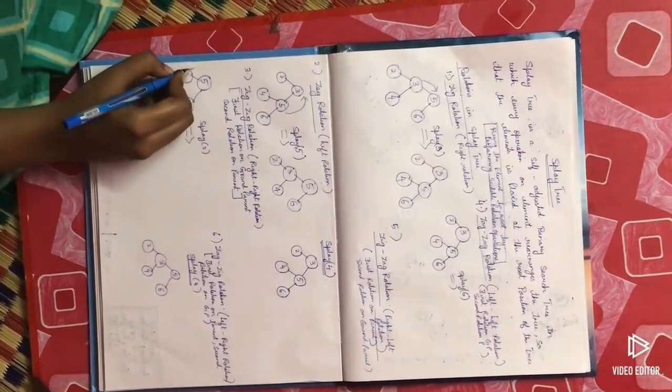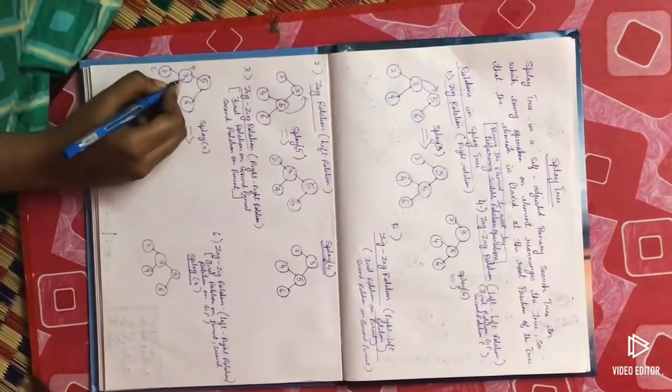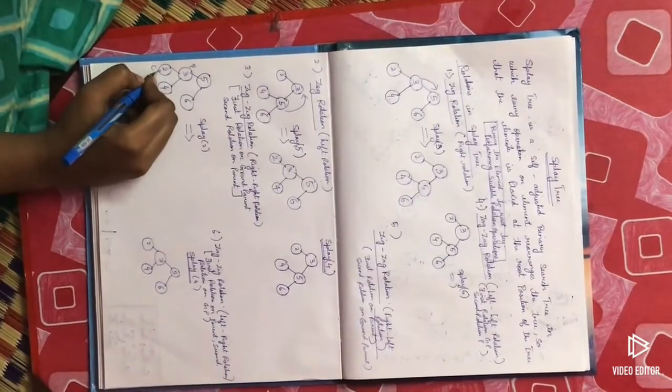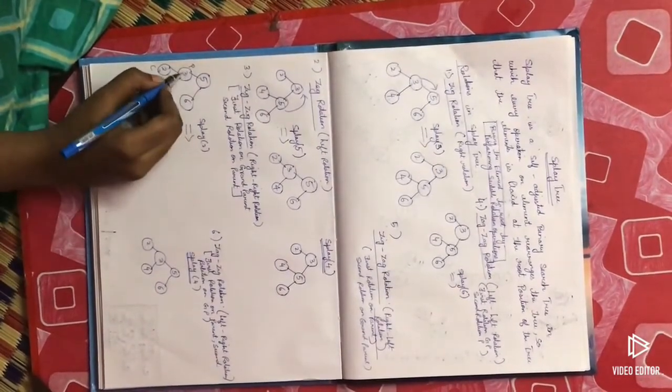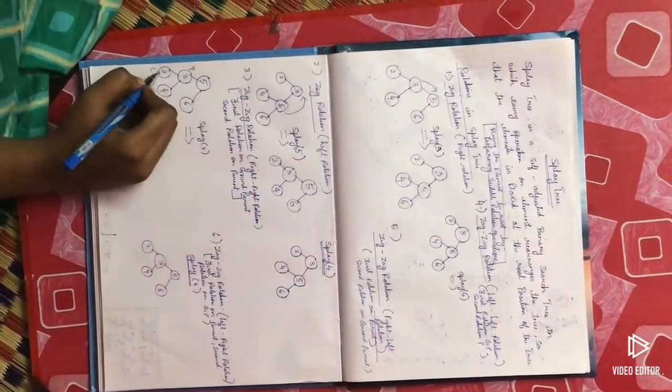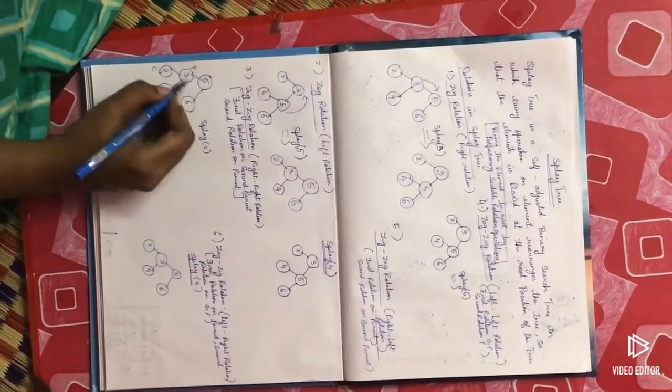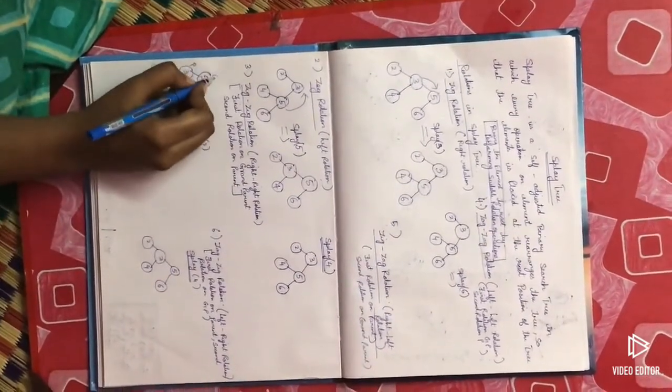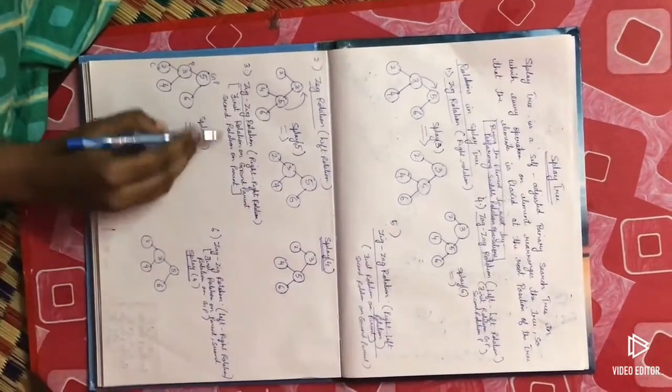Okay, so I am going to call it as, so the child of this parent is 2 and the parent of this 2 is 3. So for this grandparent, the grandparent will be the parent's parent. So this is called as grandparent. So that is what I have written here.